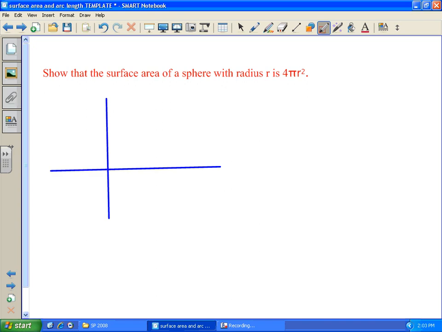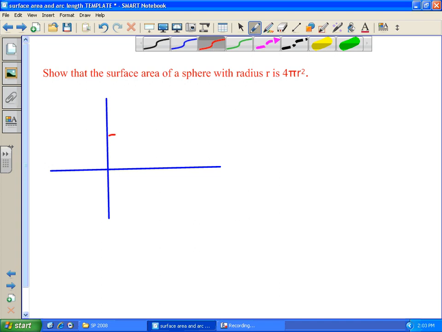To get a sphere, what do you think I should be rotating around? Or what figure should I be rotating in the first place to end up with a sphere? Right, we can rotate it around the x-axis, but what is it that I'm rotating? Should I rotate a line? A circle, right? If you want to end up with a sphere, let's start with a